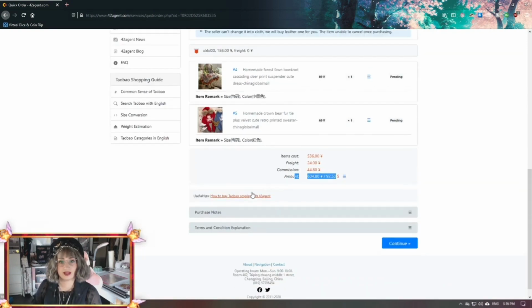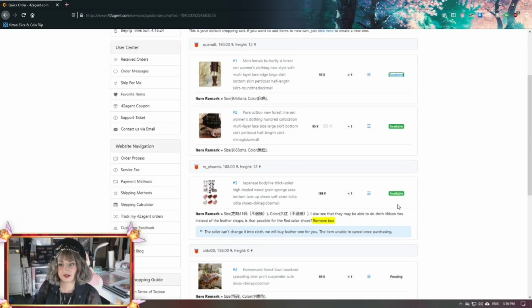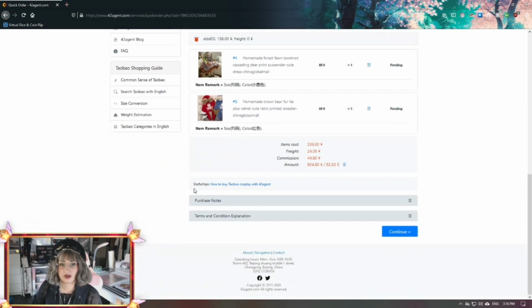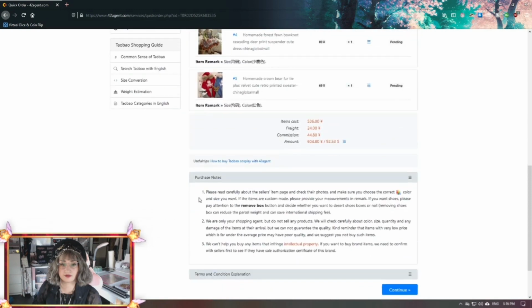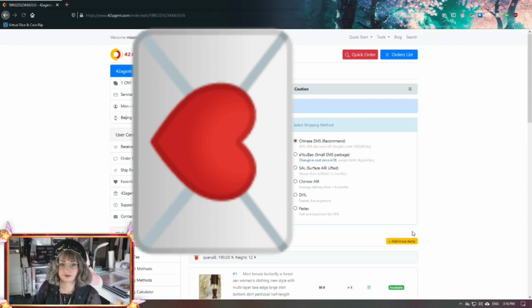So from there you can do a couple things. As you can see, these little green tabs here are telling me that they are available. These ones are pending because I just added these and I didn't submit them to be confirmed. So what I'm going to do is, on purchase notes, you can also read some more information, terms and condition explanation, what they're going to do, and I'll show you in a second. So we're going to hit continue,